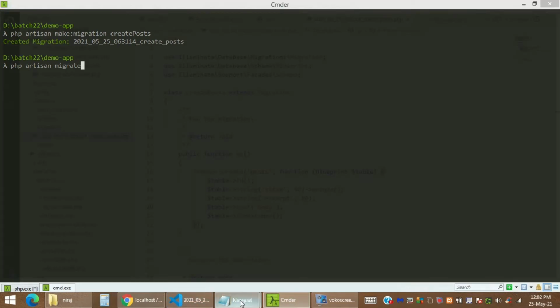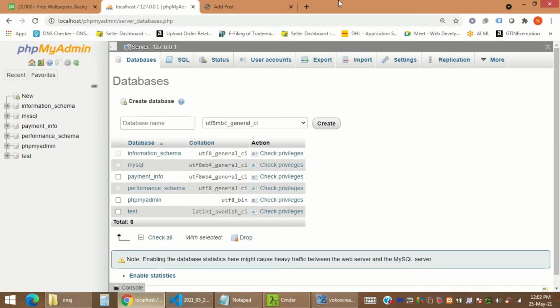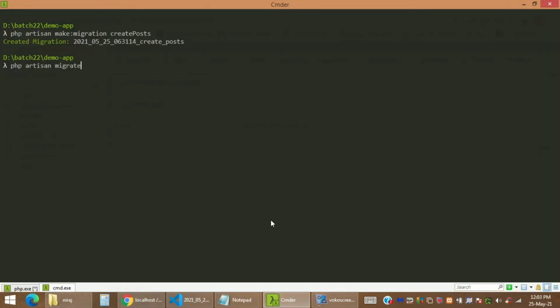The next step will be migrating the table into the database. The migration file is created, but let's migrate the entire thing into our database. This will create the entire table structure along with the columns that I have mentioned above.